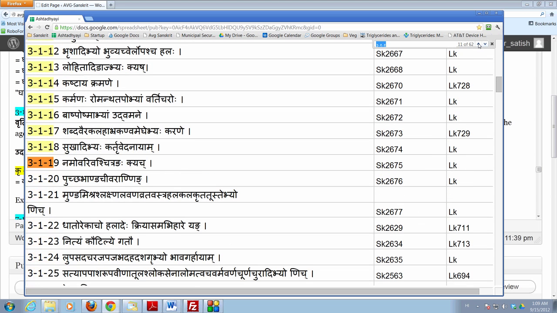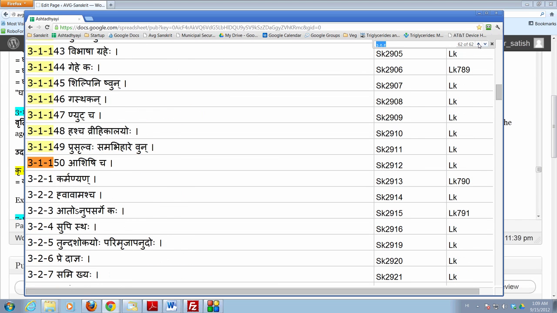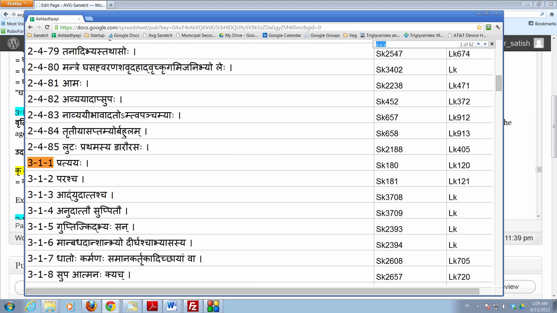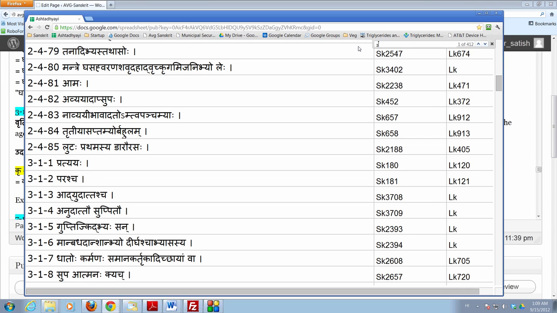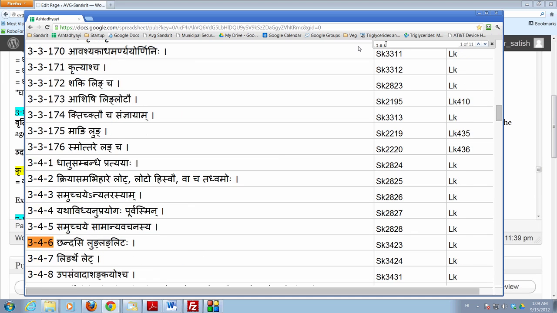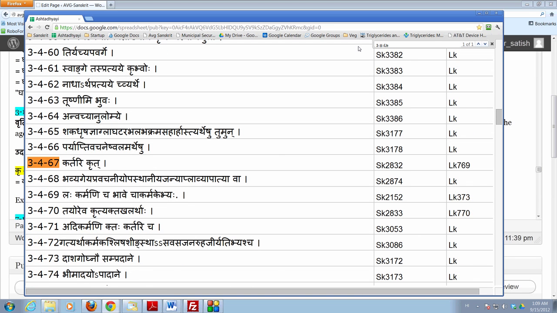So from now on, we will not keep on repeating kartari krit all the time. So pratyayah parascha is this section, which of course starts from 3.1.1 to 3.1.2. From now on, we will not keep on repeating the kartari krit. We have to understand it unless stated otherwise, that these affixes are to be used in the sense of the agent